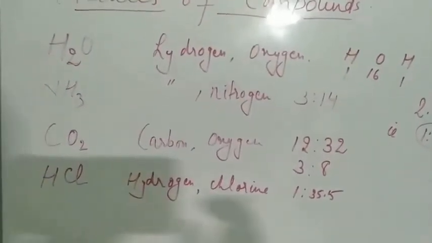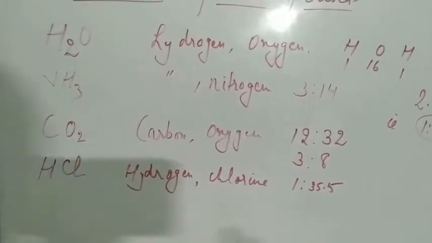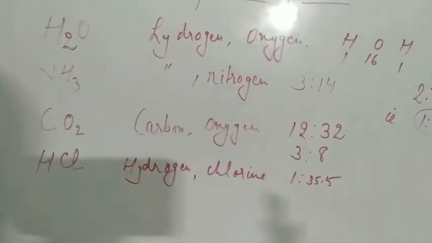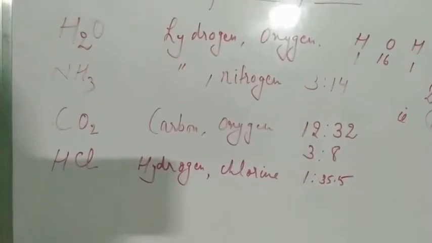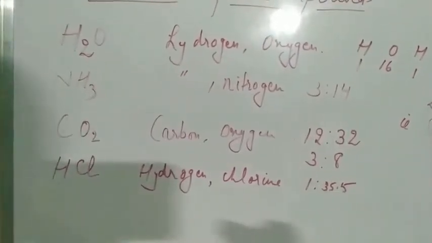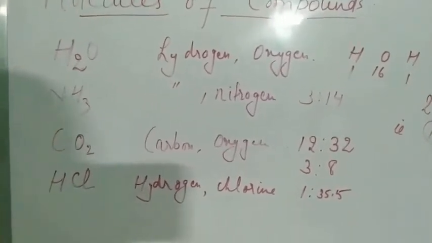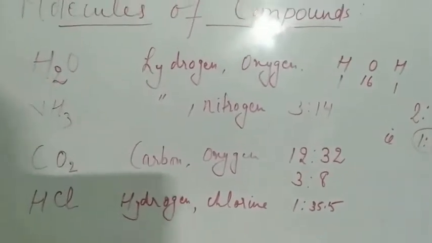Okay, so now we will see different types of compounds. We know there are two types of compounds, covalent compounds and ionic compounds. So first we will learn what are ions, and then we will understand how an ion is formed, and then we will discuss what is an ionic compound. Okay, so hope this is clear to you. So we'll move on to the next part of the section, that is ions and ionic compound.